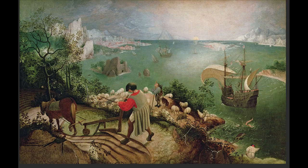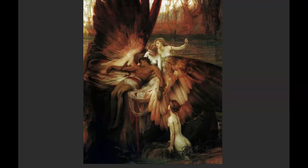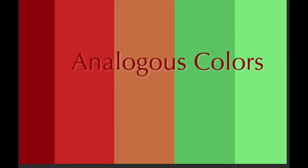And I love this one. It's an old painting by Peter Bruegel. There's this farmer, and he's working the land, and way in the corner of the painting is Icarus down here crashing into the water. The whole painting's called Icarus or something like that, and just a teeny weeny part of it is that. So the project is to do an analogous color painting,